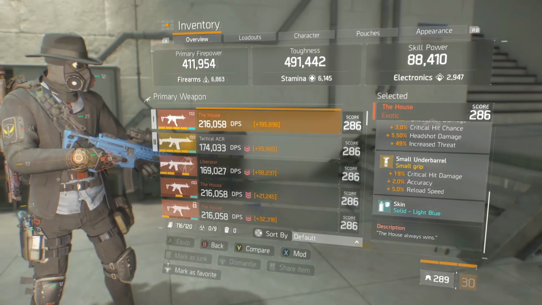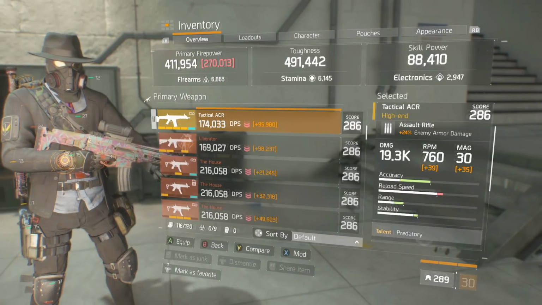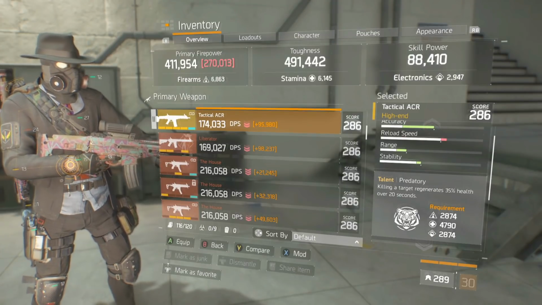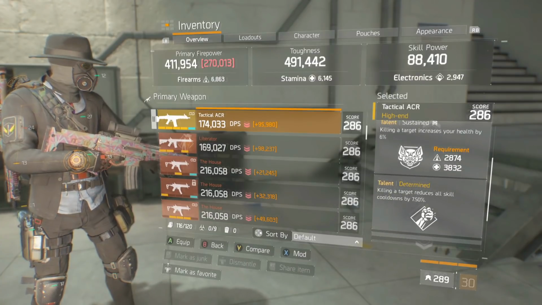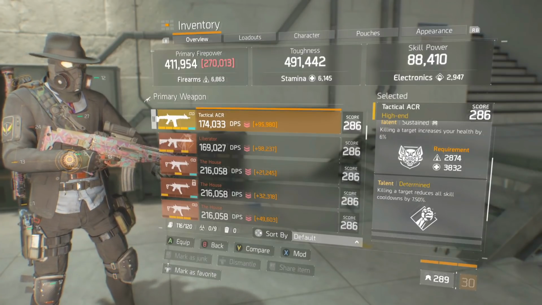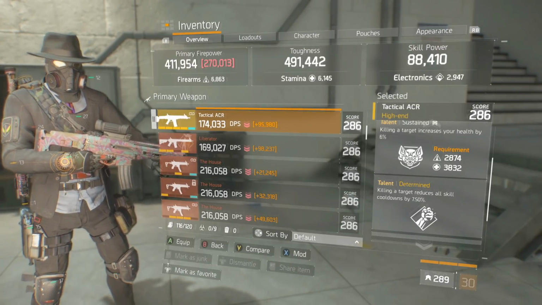Okay, onto my tactical ACR, which again as always is my utility weapon. This will get me back my skills in no time. Let's take a look how I've got it rolled. Predatory, again, the health regen is key, vital to the build. Sustained Determined is all about reducing the skill cooldowns. 7.5% per kill. That will get me back my two abilities and my recovery link as soon as possible, which